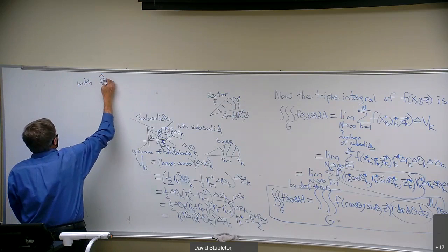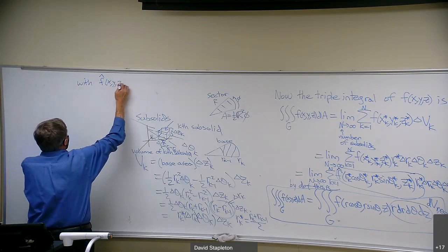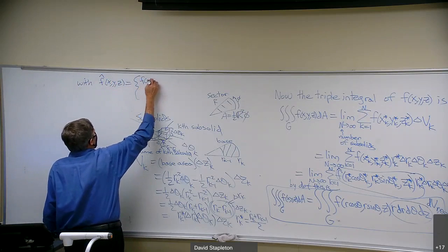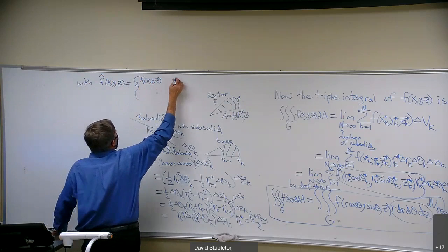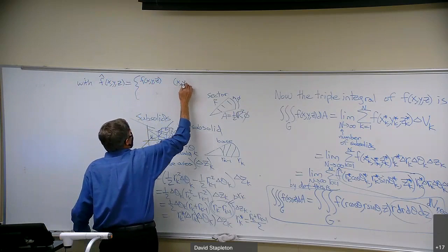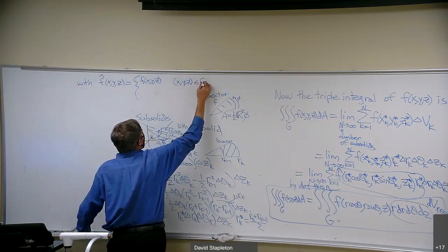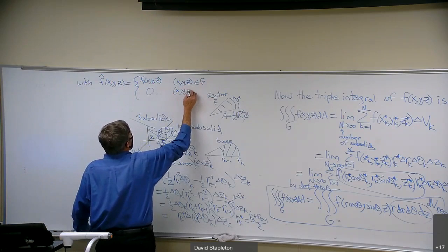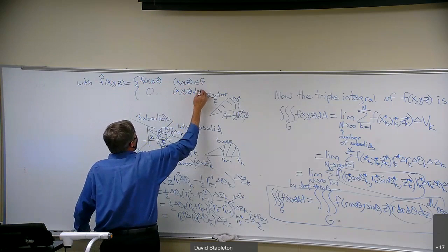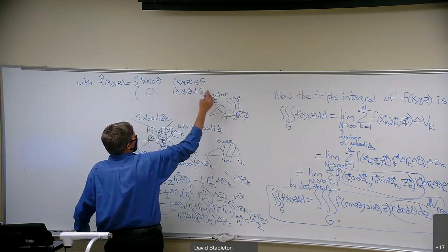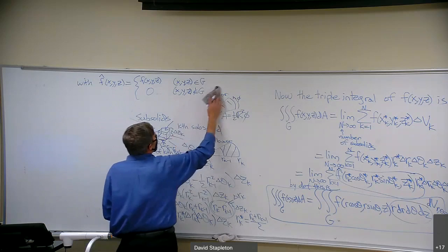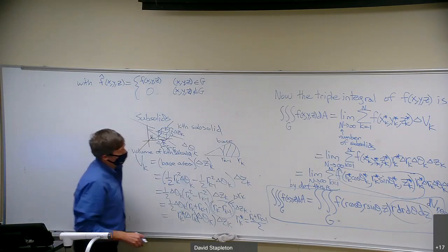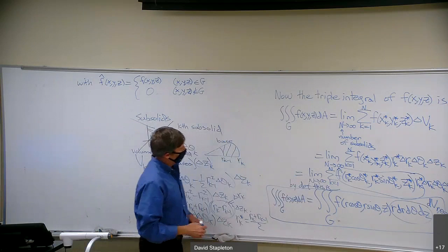F hat of x, y, z is equal to f of x, y, z for any x, y, z in the original solid, but it's equal to 0 for x, y, z not an element of the original solid. This symbol means element of. So with that definition, then this is the triple integral. Now we can do these